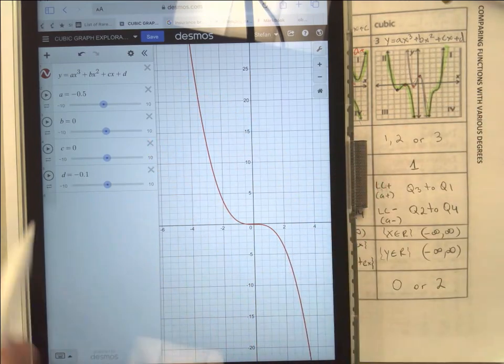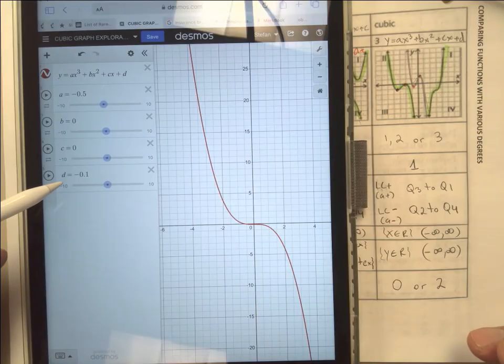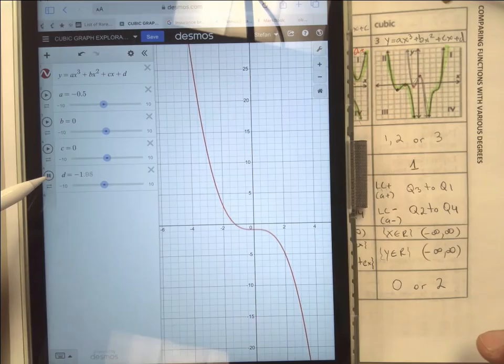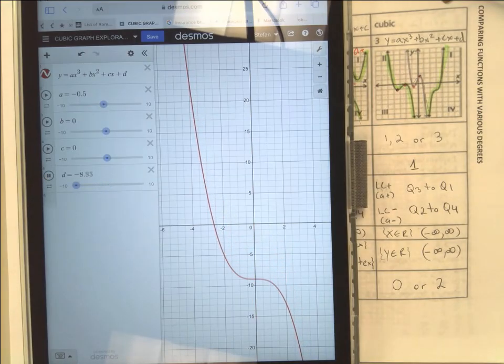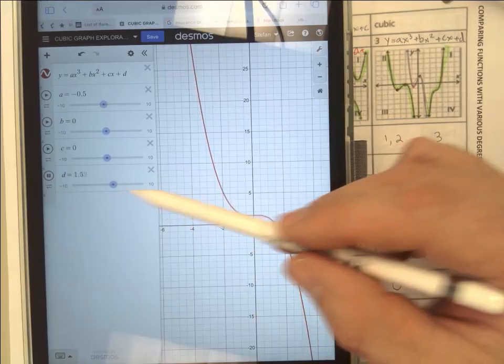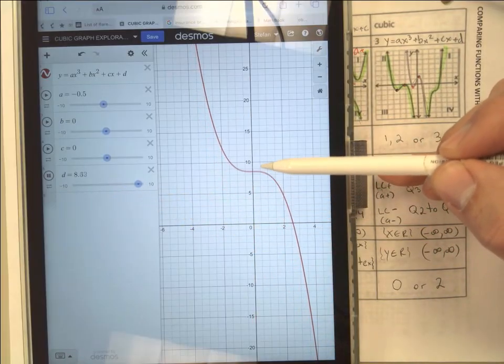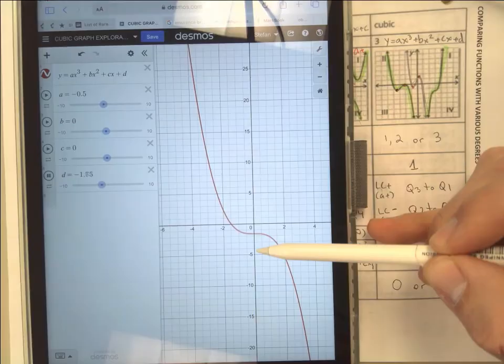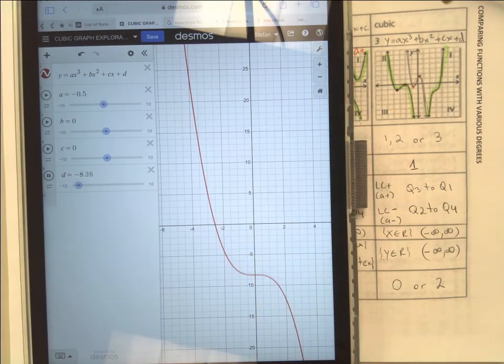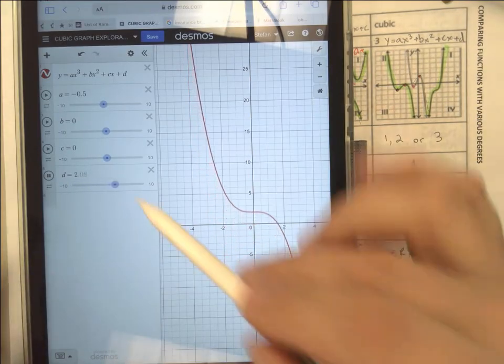What about the leading coefficient? The constant at the end. This is our y-intercept, right? Look at what it does to the graph. If you change the value of D, it shifts everything up or down, the whole thing. So for example,